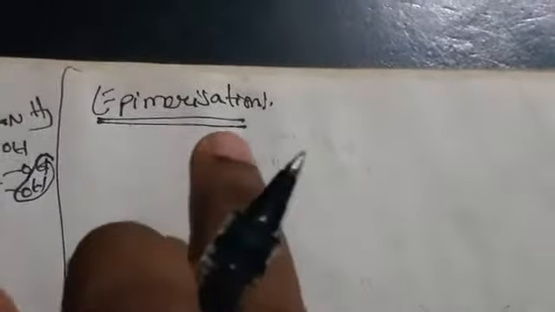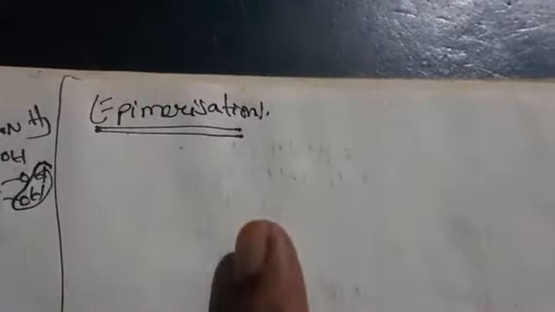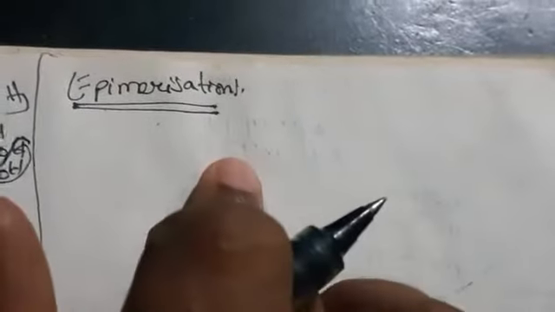Glucose is going to convert to mannose. The formula is the same: the glucose formula is the same, and the mannose formula is also the same. Coming to glucose, at the second carbon, the OH is on which side? Right side. And at mannose, what happens? It will be on the left side. So how is it converting into mannose?